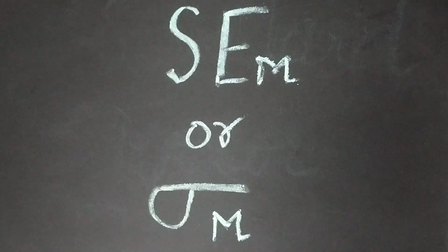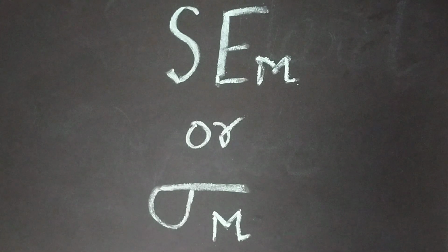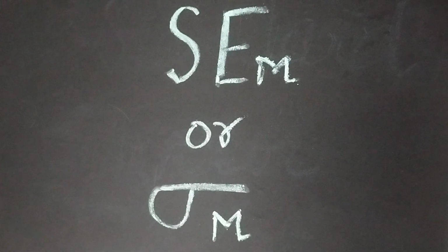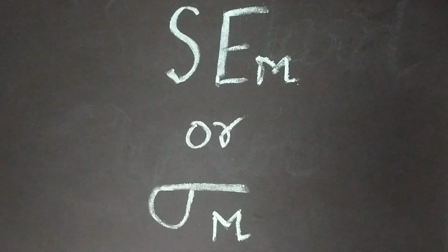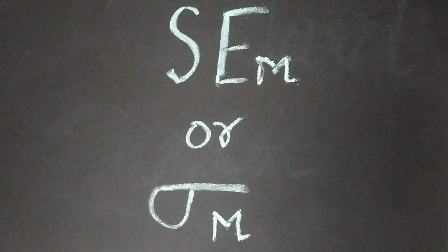So we can say that in a random sample, the standard deviation reflects on an average how much each score differs from the sample mean. So in one sample, the standard deviation reflects on an average how much each score differs from the sample mean. That is in one sample.